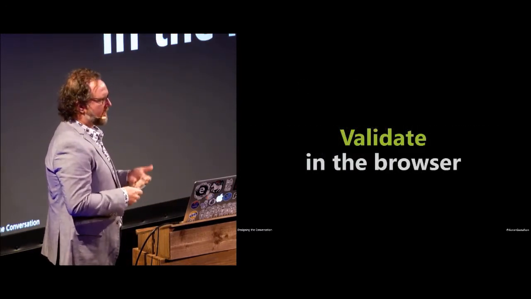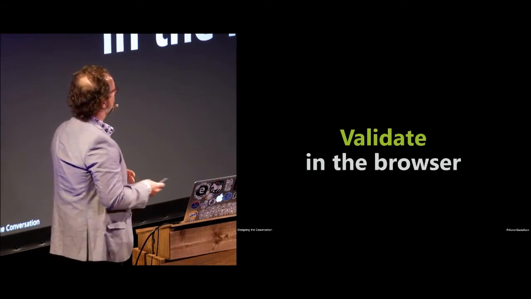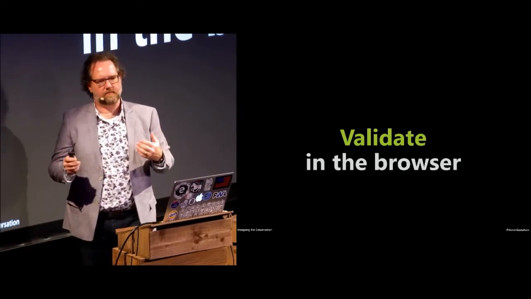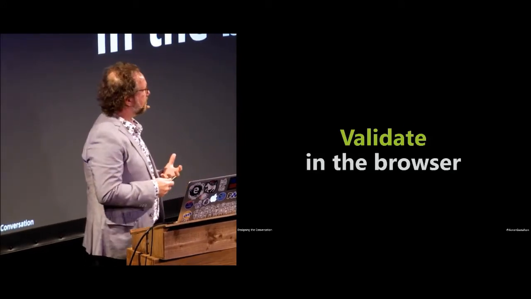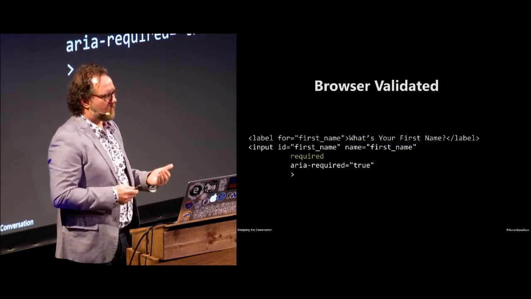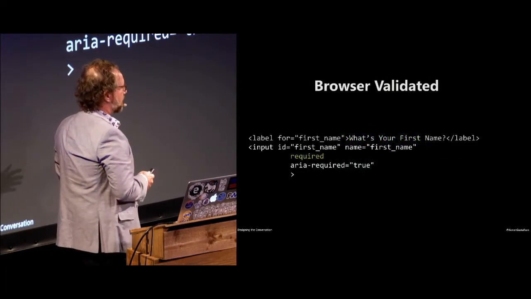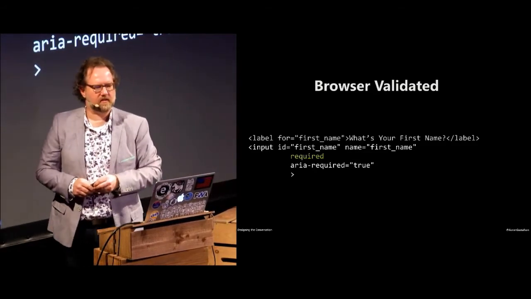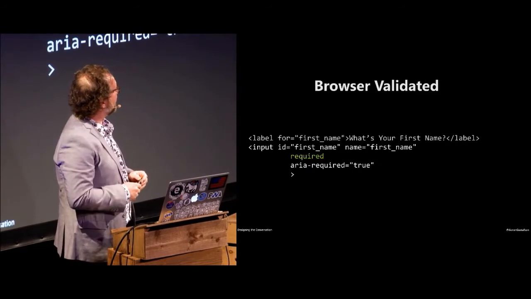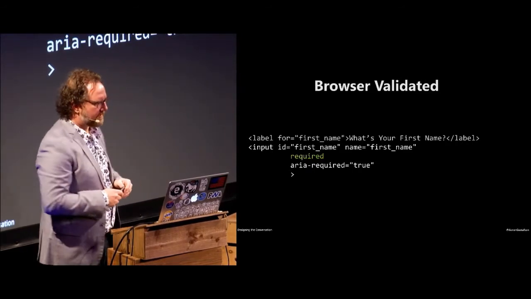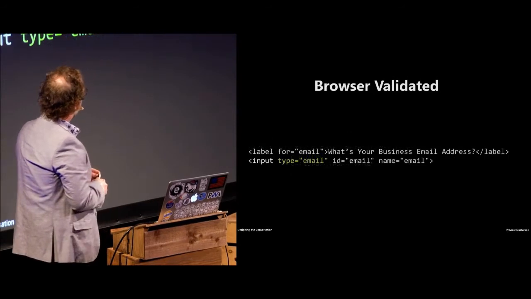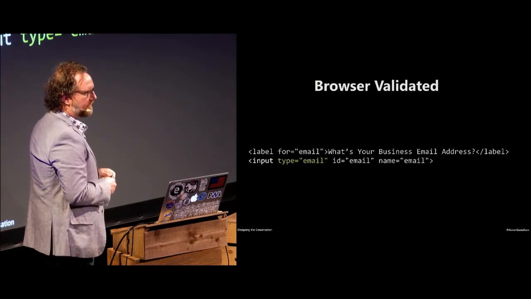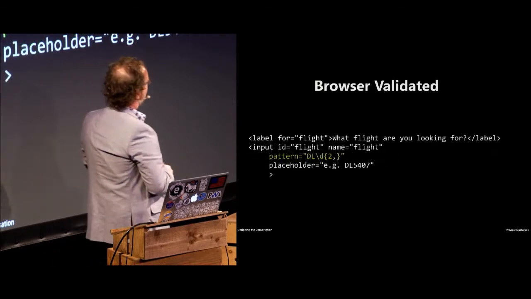Now, round trips to the server are expensive, especially on flaky networks, so we can help users to mitigate this by doing some validation in the browser. As I mentioned, HTML5 enables that pretty easily by paying attention to things like the required attribute. Unfortunately, we don't have required for like choose one or more in checkbox land or those sorts of things, which still kind of sucks. But you'll have to introduce JavaScript to do that sort of thing. Maybe we'll get it in the future. But then we can rely on the type validation within the browser if it supports that as well. And patterns also get validated against.